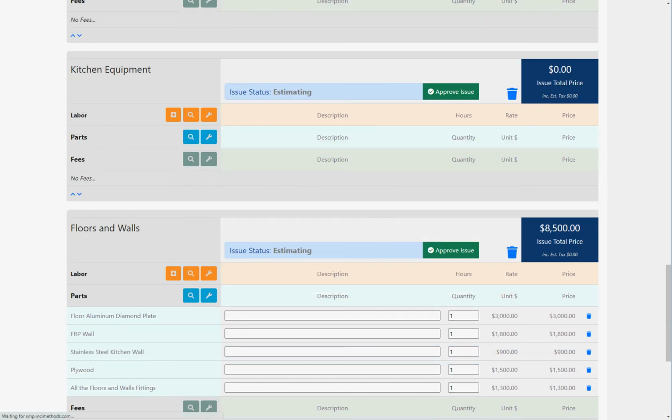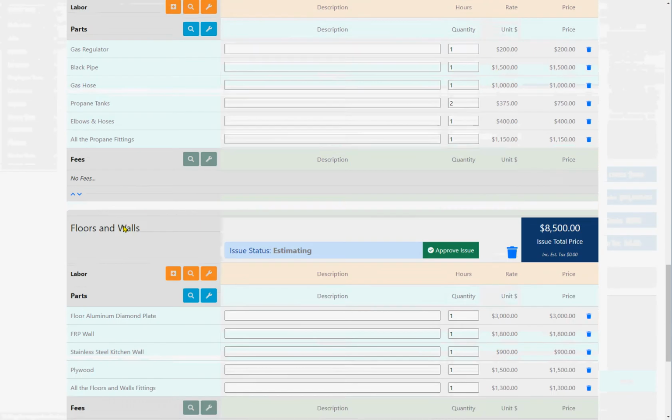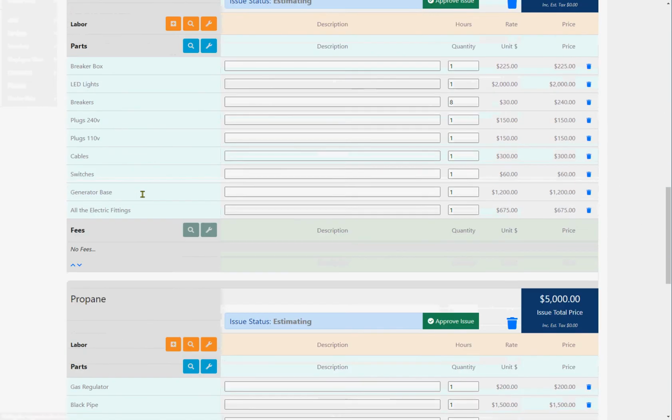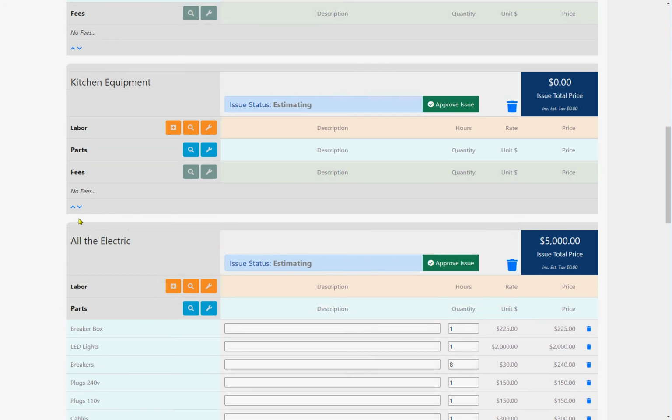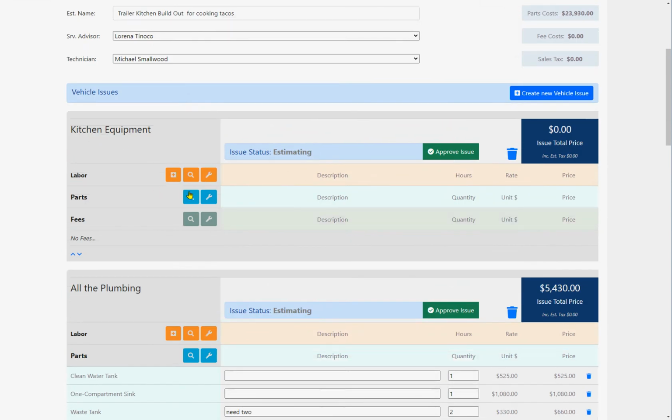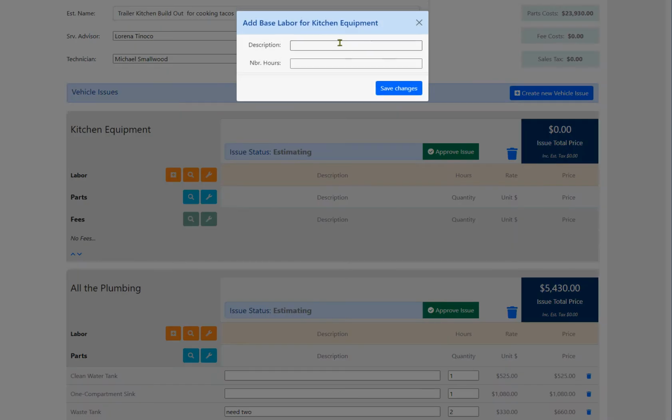And we can click this a few times and it'll actually move it up to the very top. A couple more. And so this way you can reorder your issues. Some people call them work tasks, but we can put these in an order that we want. So we've got kitchen equipment. If we want to put our labor here, we can say,